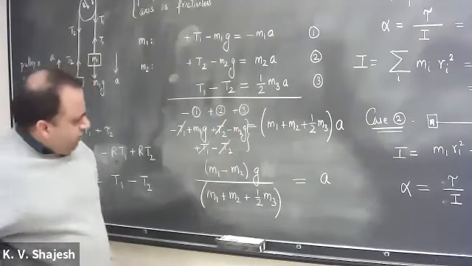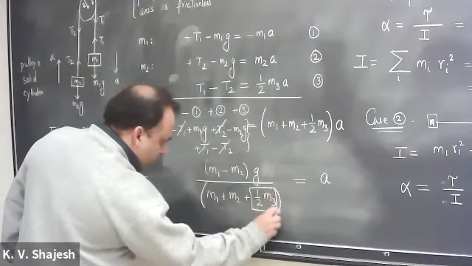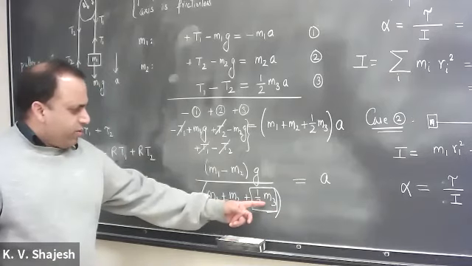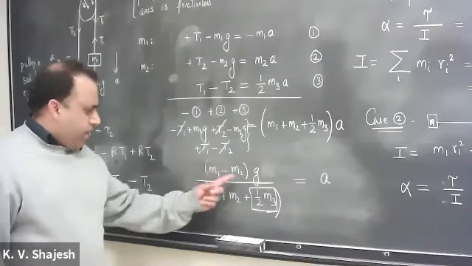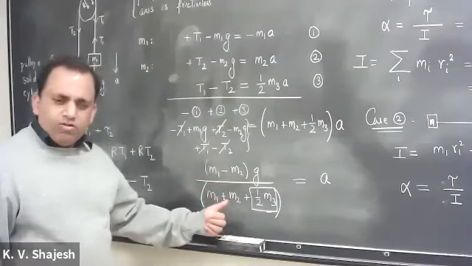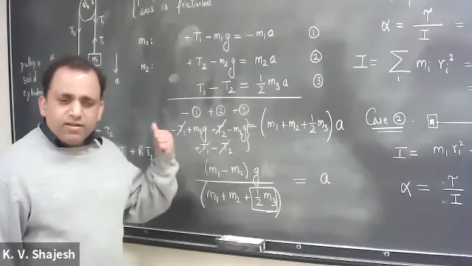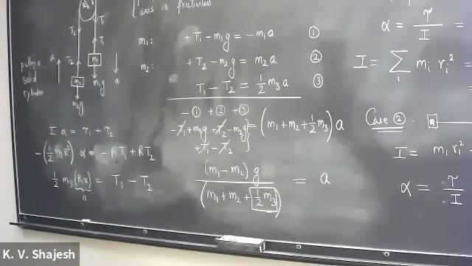But notice what is the feature in here. This is what the pulley related concept is in here. We are interested in the rotational motion, or what contributed to the rotational motion. If not for M3, if the pulley was massless, this will not be there, and I will have simply M1 minus M2 divided by M1 plus M2, which is exactly the acceleration that it would have experienced if the pulley was massless, which we did a few weeks ago.